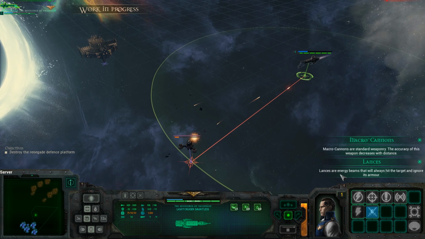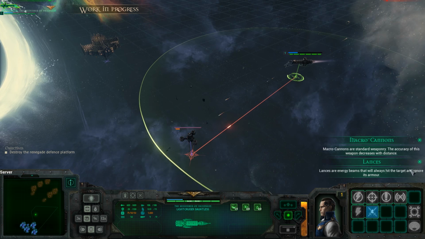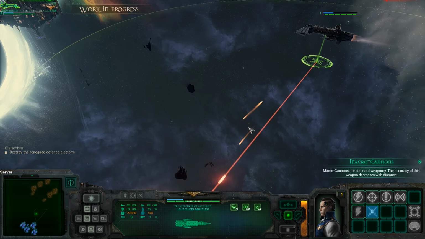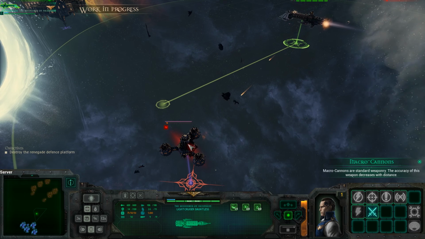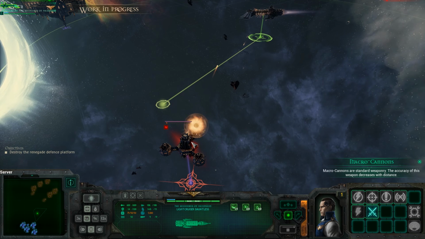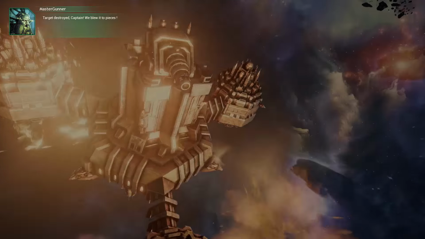Lances are energy beams that will always hit the target and ignore its armor. Macro cannons are standard weaponry. The accuracy of this weapon decreases with distance. So these bolts of energy are our macro cannon, and the lance was that big beam of energy which will...